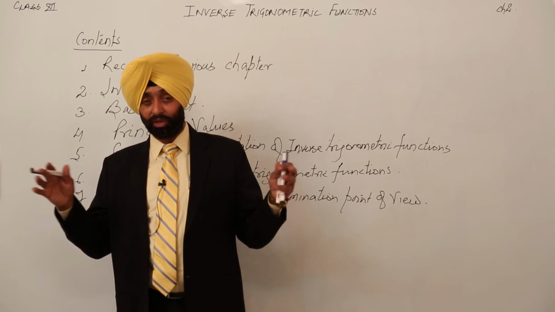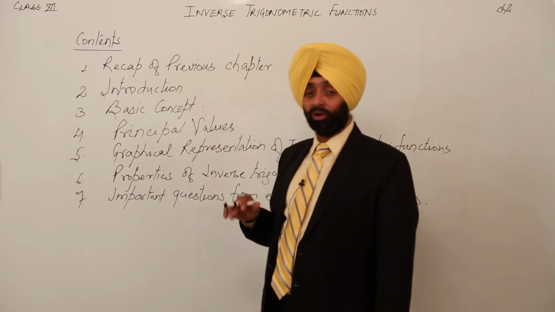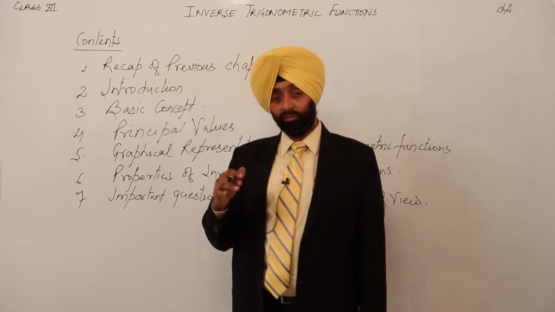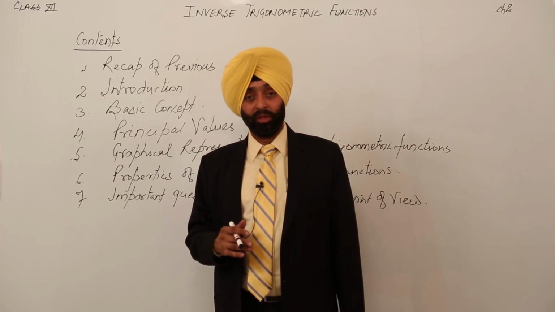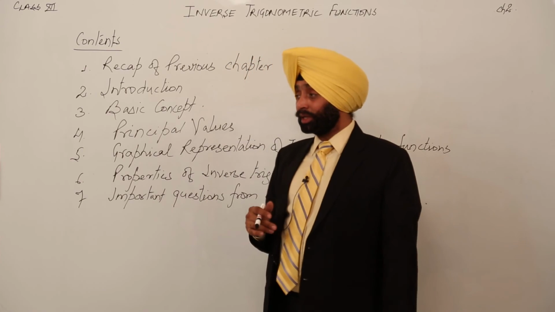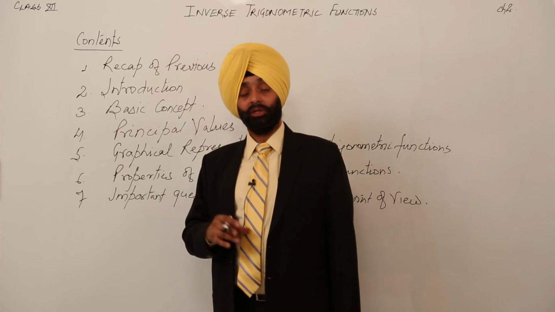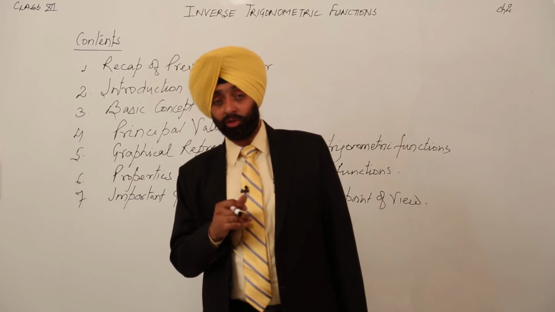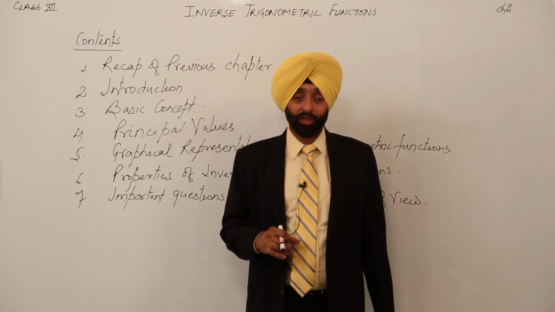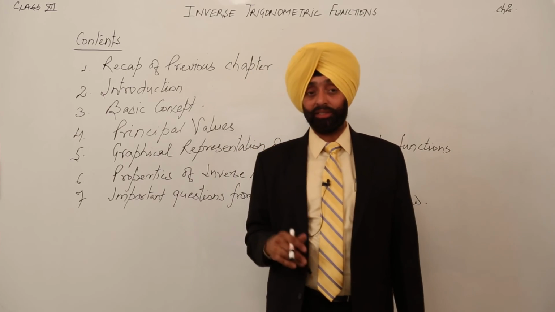Now if you remember what trigonometric equations were: suppose a small student of class 10 asks you, brother or sister, what is the value of sine pi by 3? You answer that sine pi by 3 is root 3 by 2. Now he can ask whether only one value has root 3 by 2 or more. Out of curiosity. Now that you have done the trigonometric equation in class 11, you can answer very nicely. Then relation between sides and angles, also called height and distances.